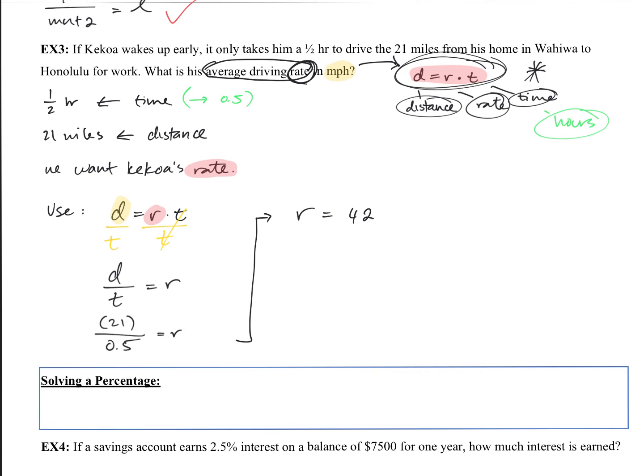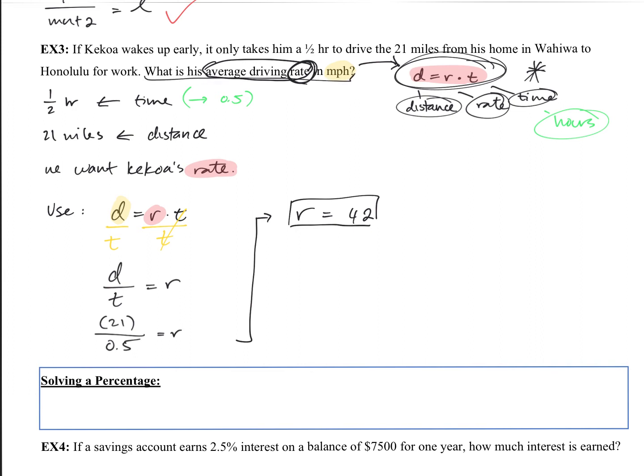Ooh, this is a word problem. We can't just answer by boxing our little solution there. We actually need to write out our answer in a sentence. So that's one thing to note. This entire course, if you're given a word problem, you need to answer in word form. So how would we answer? There are different ways to answer, but basically, just write out a nice complete sentence in answer to the last